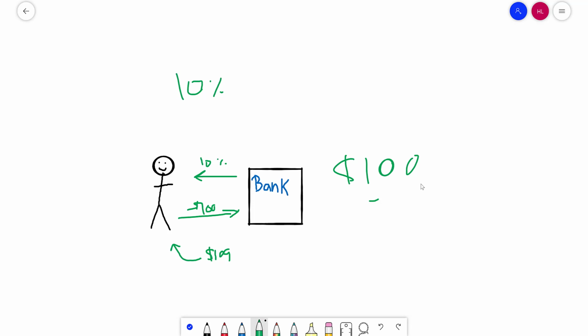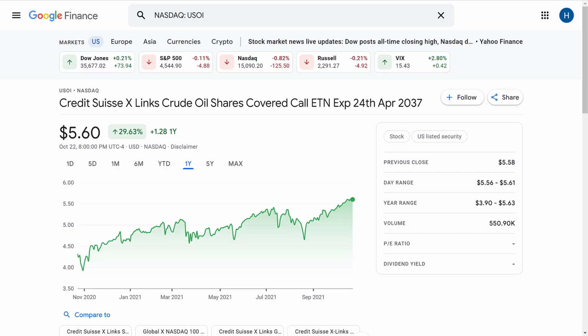Another risk of buying an ETN is if Credit Suisse or whatever institution is providing this ETN can back out and say, hey, I'm sorry, our credit's not doing good, we're bankrupt, you're just screwed. Your entire investment is lost. So that is another thing to be cautious about when investing in ETNs. ETFs, that doesn't happen. But what we'll see right here is they are $5.60 a share, up 29.63% over the